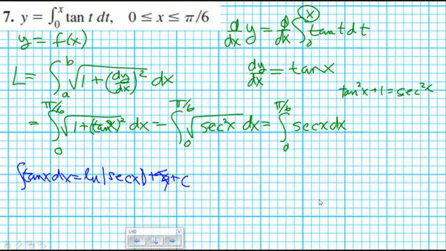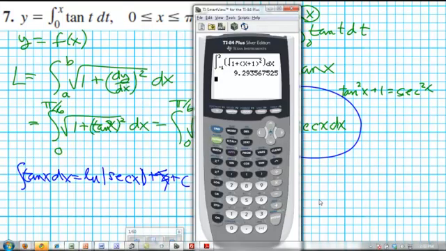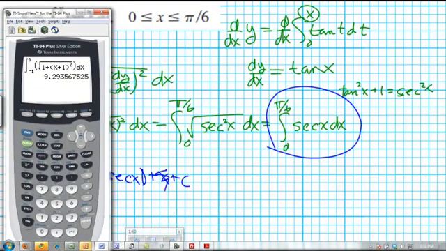I think at this point, you just plug that into the calculator. Let me do that. Let me get my calculator out. Let me see, alpha f2 4 from 0 to pi divided by 6 of secant, which is 1 divided by cosine of x, with respect to x. And we get,